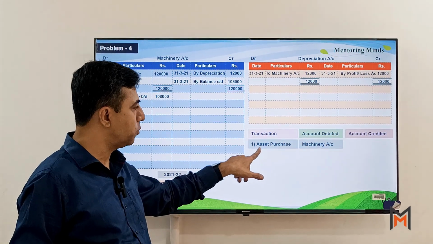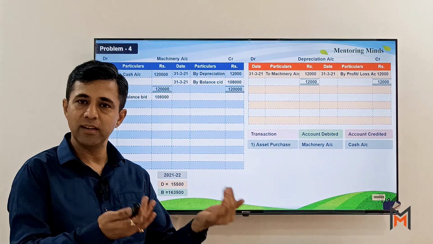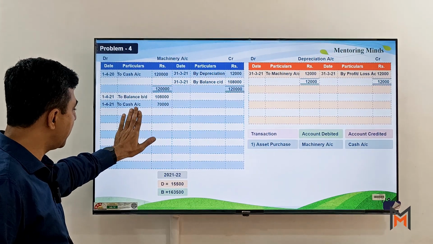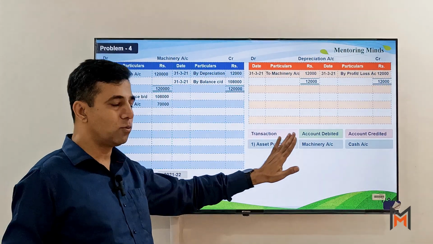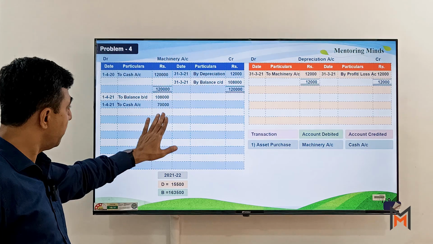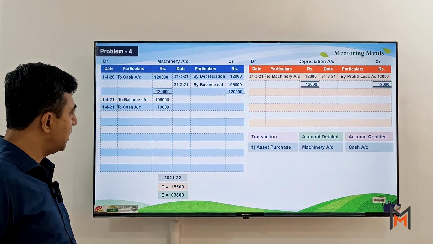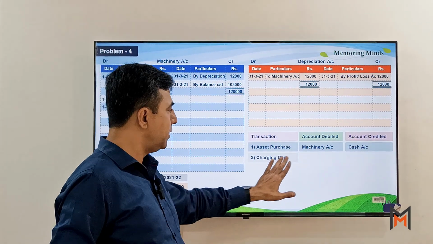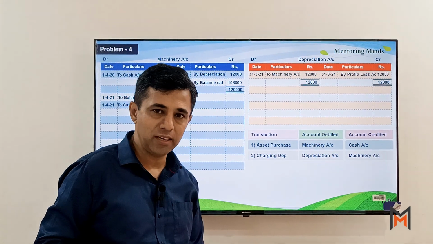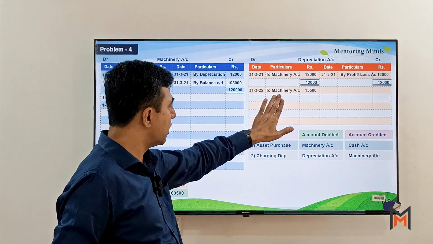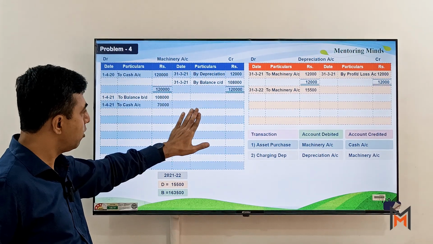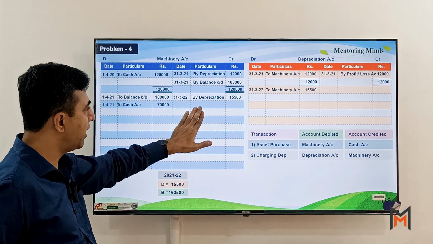First one we are going to purchase the asset. So we are aware machinery to cash. So in machinery account debit side पर हम लिखेंगे to cash, and cash account since we are not preparing we assume that we have done the posting. Now at the end of the year we are going to charge depreciation. So we are aware depreciation is charged on asset. So depreciation account debit to machinery. In depreciation account on debit side we will write to machinery, and in machinery on credit side we'll write by